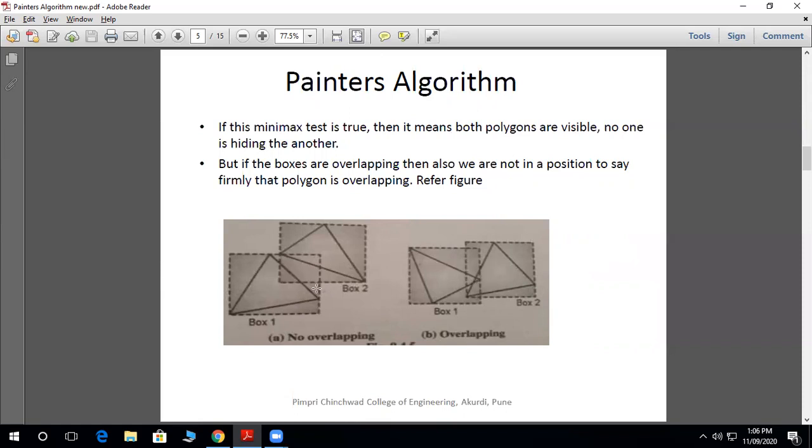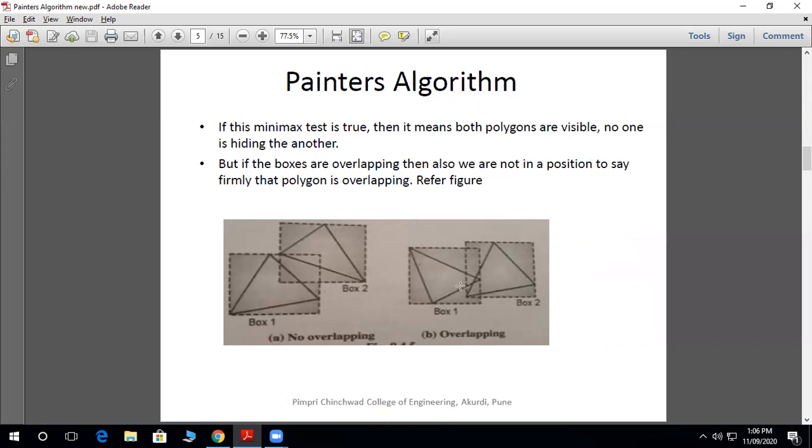Now in this first figure you can see the first polygon and second polygon, and these rectangles are drawn according to the size of the polygon. In this case the rectangles, these boxes, are overlapping, but the polygons are not overlapping.